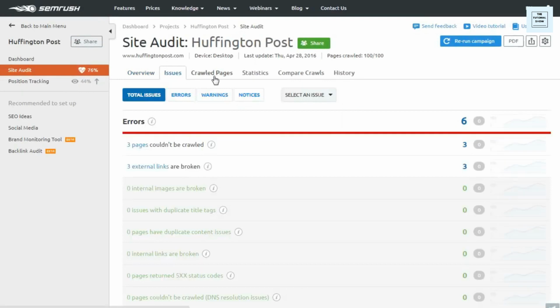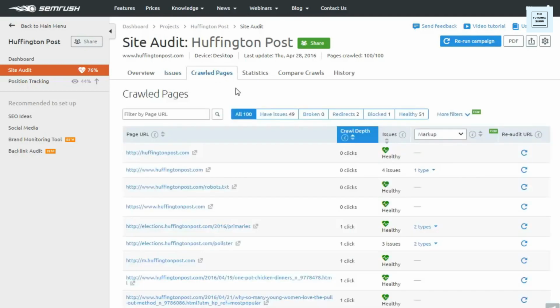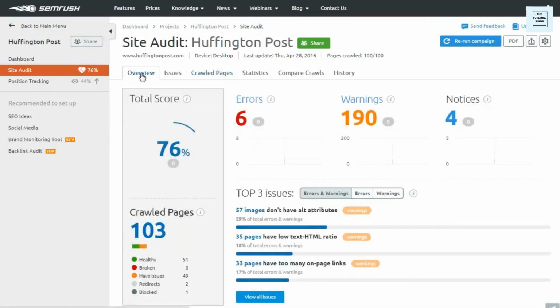But more specifically, what we like to do here is go across these specific tabs, and this is going to tell us more specifically what's going on. So it's going to show us the specific pages here that could not be crawled. I can click in here and it'll give me the exact pages so I can figure out what the issue is. It can show me that there are broken links and any of these other issues that appear. And then I can also break that down into errors or warnings that are appearing. Same with the crawled pages statistics. We can go through each one and we can see what the issue is, and then we can fix those.